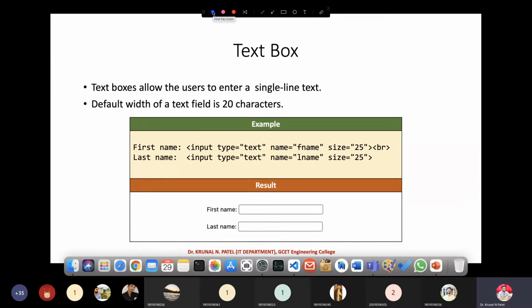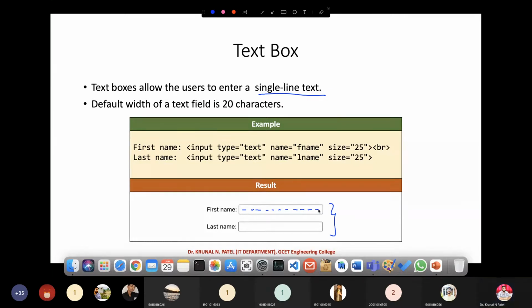It's a primary necessity whenever you are going to design something like a login form or feedback form, to take some input from the user. A text box allows the user to enter a single line of text. Here you can see the design of a text box, where you can only enter inputs in a single line.